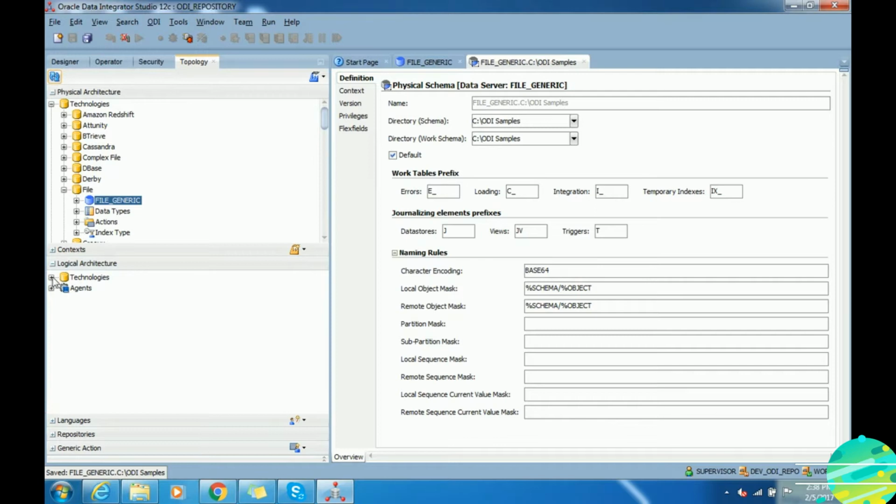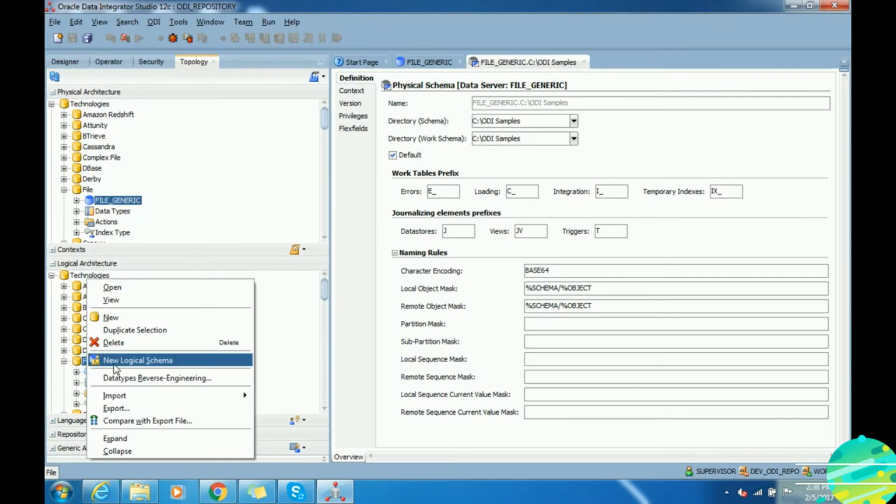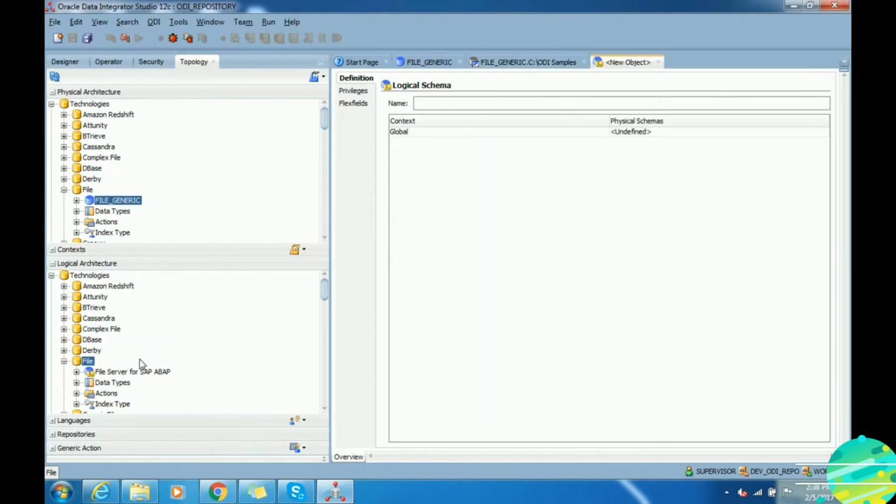Next, we go to logical architecture. Click on file again and right click, select new logical schema. It's very easy to create a new logical schema. Just give a name. I am going to call it my flat files.